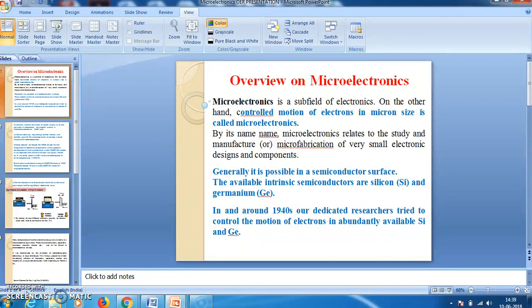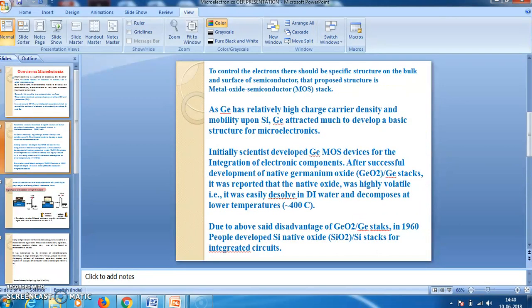When you study the properties, germanium has attractive properties over silicon in terms of carrier concentration, charge carrier mobility, and all these things. Whenever you want to do some experiments with electrons, we always have to have more electrons available in a body. Germanium has more electrons, so people started working on germanium in the beginning of the 1940s. People studied germanium for more than a decade, and they tried to fabricate, to develop